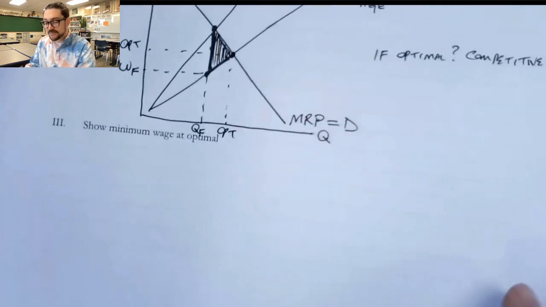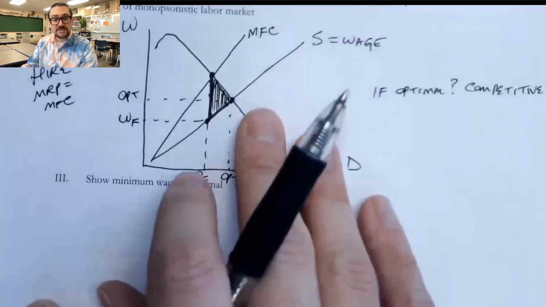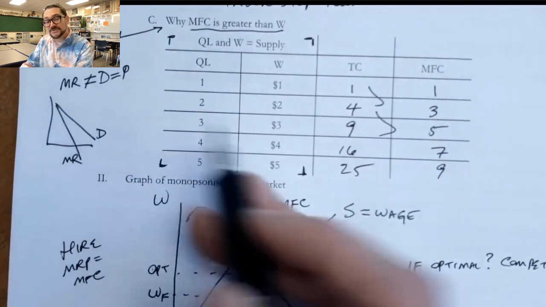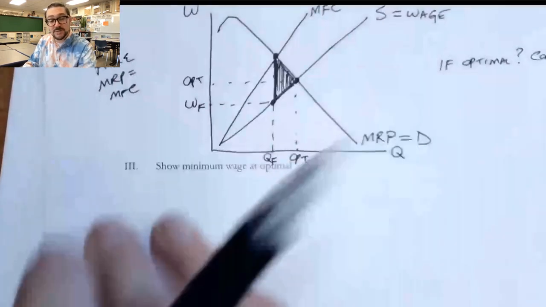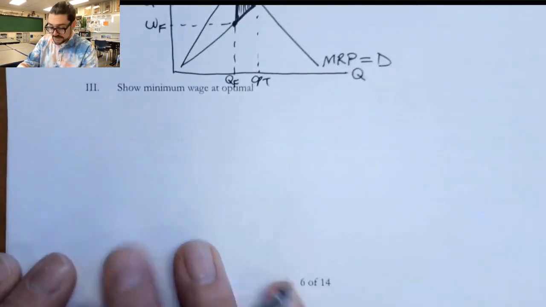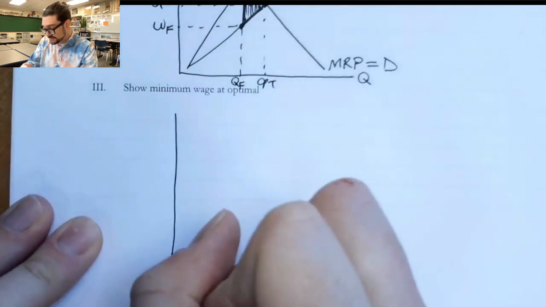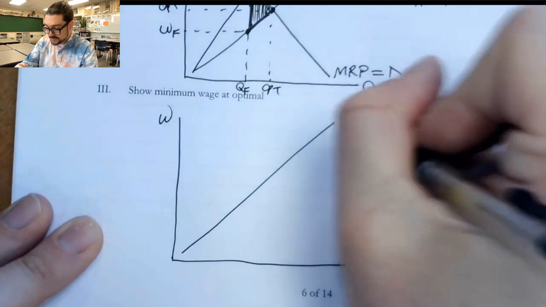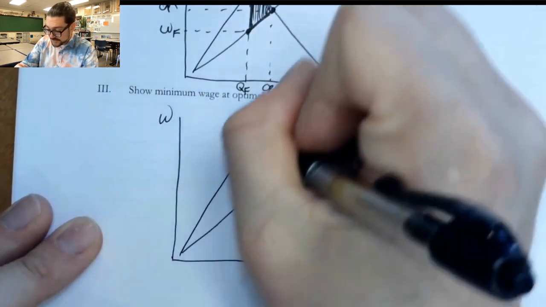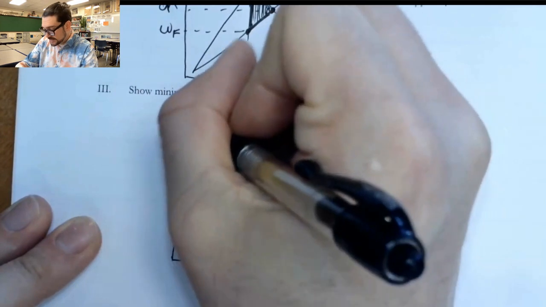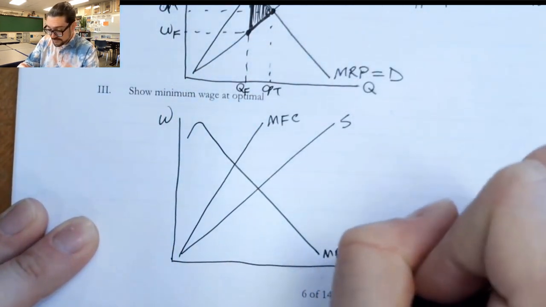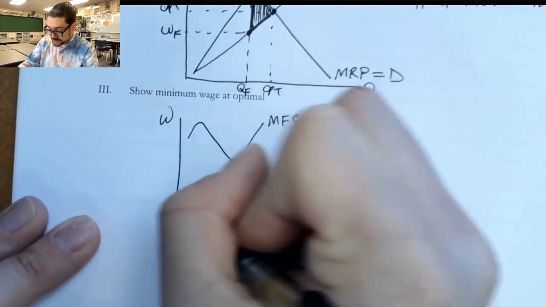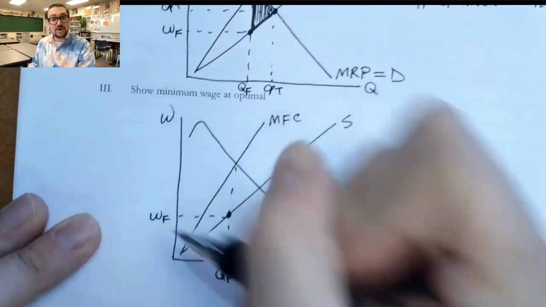Now we're going to show how an intervention in this market could fix it. Just as we could fix, in often cases, monopoly problems with a price ceiling, you can actually fix a monopsony problem with a price floor. The way we would solve the problem that we've just set up for you is to say, well, you've got this wage problem. That's our wage, right? The supply curve, MFC, and then MRP. And we know that the firm wants to hire this number of workers and pay them this low wage. That's what they would do all by themselves.